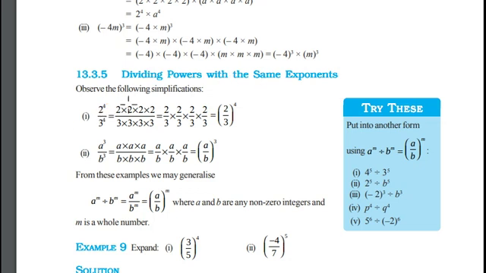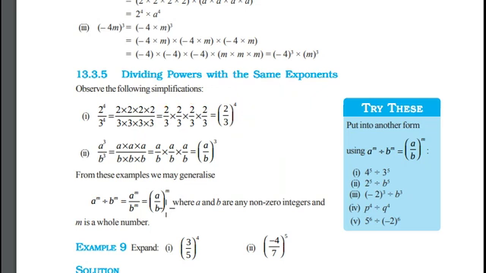2 to the power of 4 could be written as 2 times 2 times 2 times 2, 2 repeated 4 times. Similarly, 3 to the power of 4 in the denominator could be written as 3 times 3 times 3 times 3. We can regroup this without changing the value of this number: 2 divided by 3 as a separate group, and finally 2 by 3 as a separate group. You can notice 2 by 3 is repeated 1, 2, 3, 4 times. So we can write this in exponential form: 2 by 3 to the power of how many times it is repeated? 4 times.